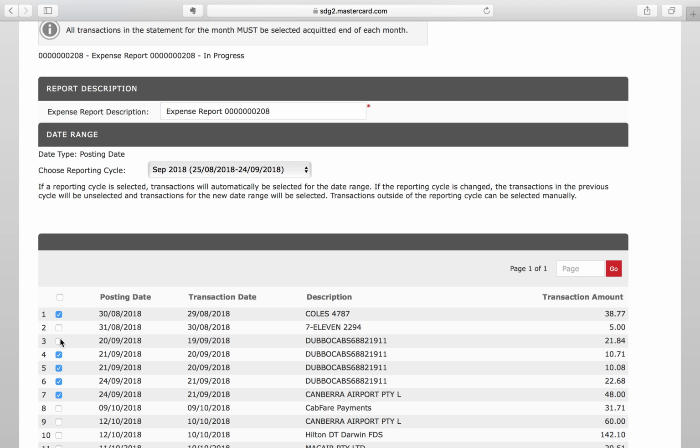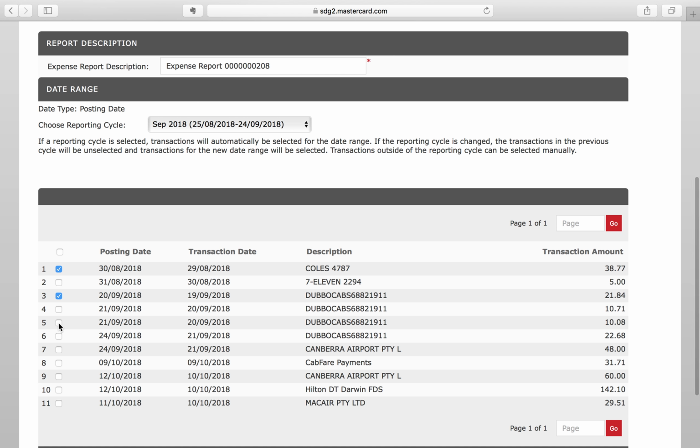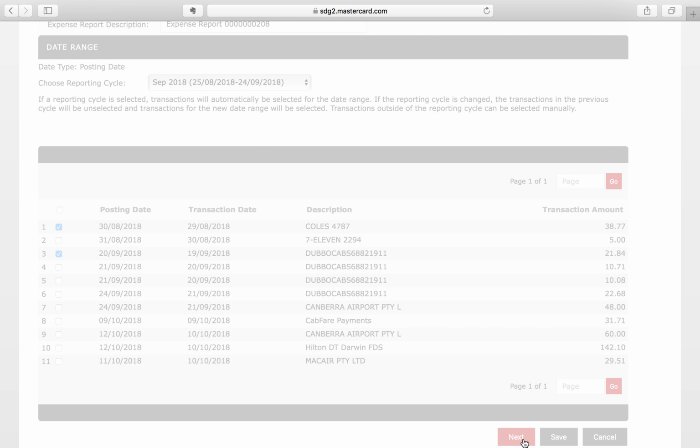So please remember, we can only acquit transactions with receipts. For example, if we have receipts for transaction 1 and transaction 3, but still waiting for the receipts for the rest of the transactions, we are only able to acquit transaction 1 and transaction 3. So we're going to uncheck the rest of transactions and check transaction 3. So now we have selected our transactions. So we are going to hit the next button and move on to step 2,